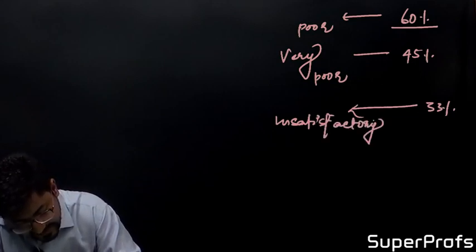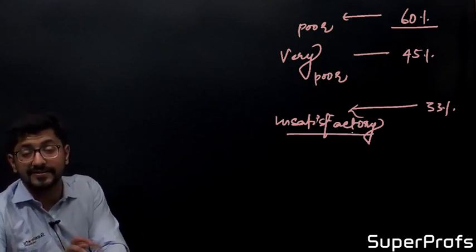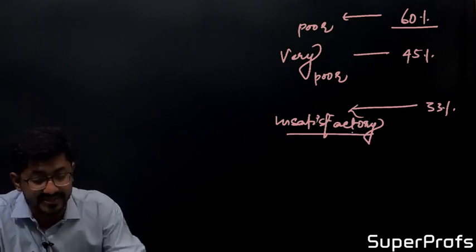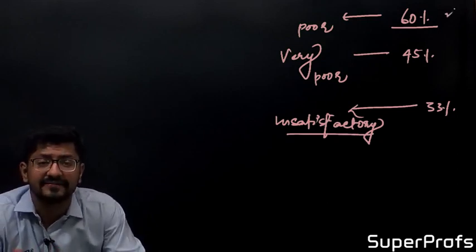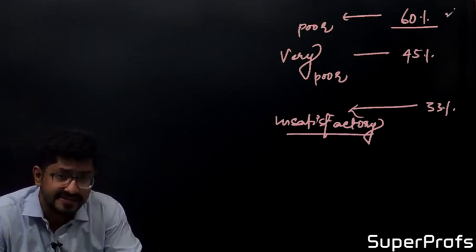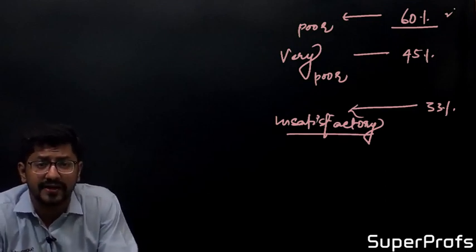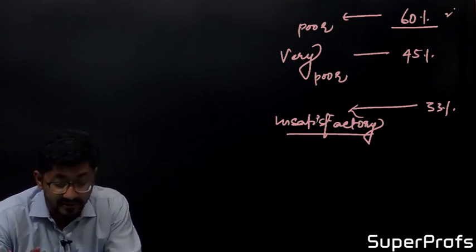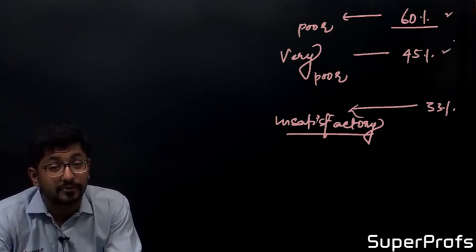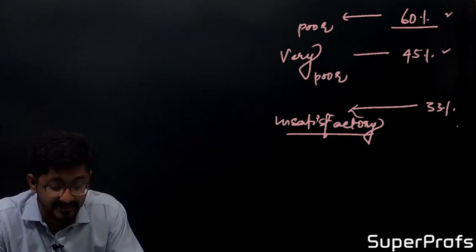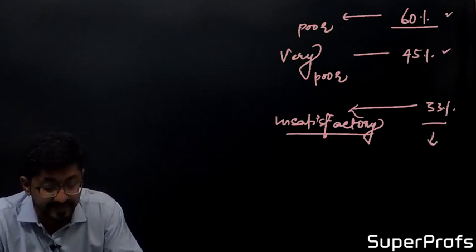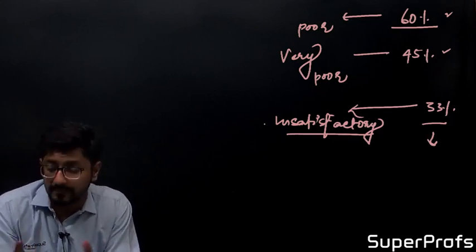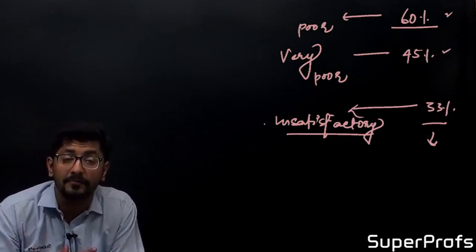Performance. Mr. Sonu, or we can say Sonu's father, will never be satisfied by these marks. He can adjust with 60, saying that it is very poor marks. He can adjust with 75, saying that it is good or average marks. He can even adjust with 45 also, saying that it is very poor, but he can never be satisfied by 33% marks or if he fails, because there is too much deviation between the work expected and the work performed.